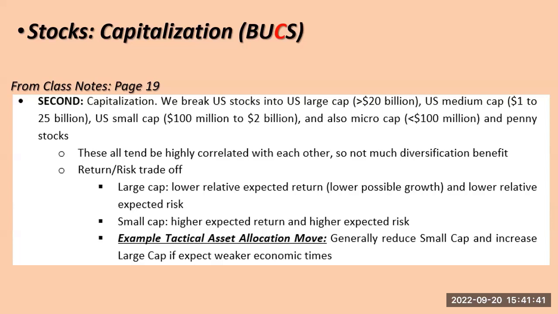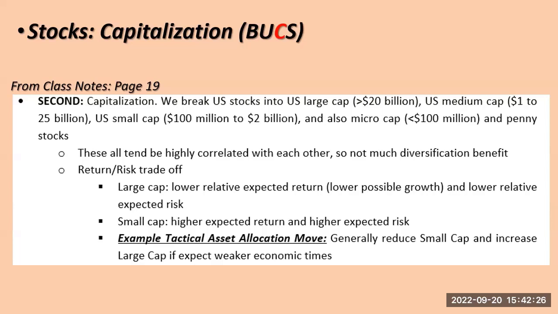And pretty straightforward. If you're expecting recession, you do not want small company stocks. They're the most likely to go out of business. They're the most likely to have trouble finding capital, borrowing money. So if you're expecting recession, you want to move up on capital. You want larger companies that can survive the recession better. You want to avoid small cap. If you're expecting a strong recovery, you probably want to over allocate small companies and pull back some on large companies. So here's where the within stocks makes sense. So we're expecting a recession. I want to reduce my stocks overall, but within stocks, I want to over allocate large cap, under allocate small cap. So that's where that within stocks becomes important.